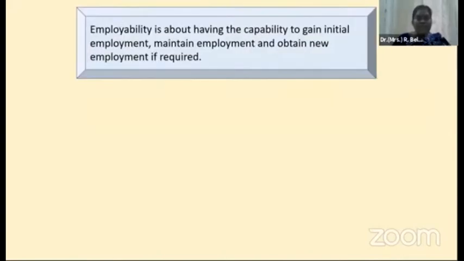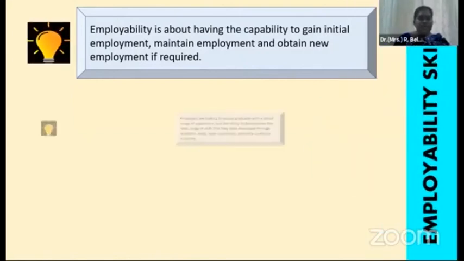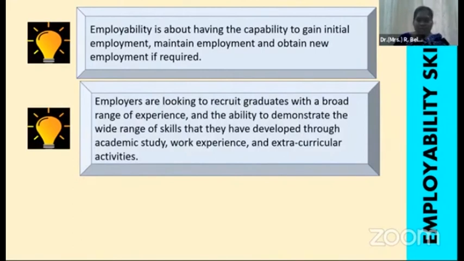Employability is about having the capability to gain first initial employment, you maintain your employment, and you obtain new employment also if required. ஒரு சேஞ்ச்னா கூட ஈஸியா you get a change. Okay. Second point, employers are looking to recruit graduates with a broad range of experience. So you'll have to do internship, you'll have to do part-time work, you'll have to do volunteer work, and the ability to demonstrate the wide range of skills that they have developed through academic study, படிப்புல, work experience, and extracurricular